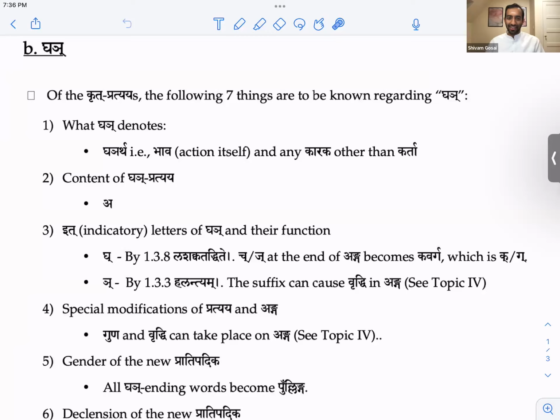But there is an akara there. So both these letters are removed. Okay. Because of this last letter, this akara, the suffix can cause vriddhi in the anga, which we're going to look at again. We started talking about that last time. We're going to continue that again.